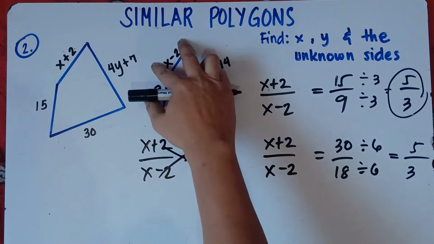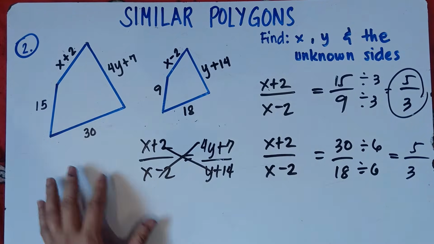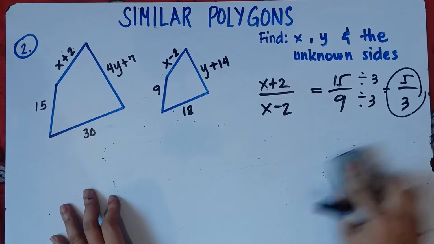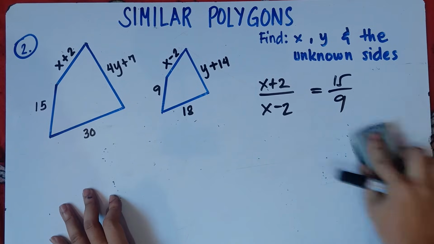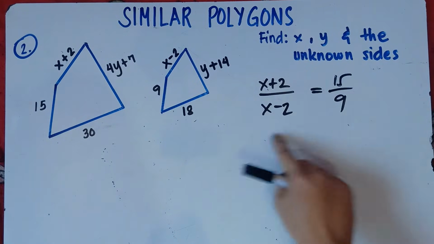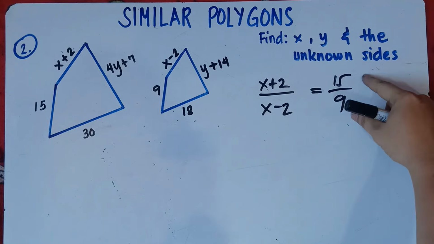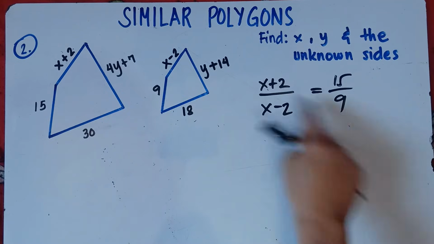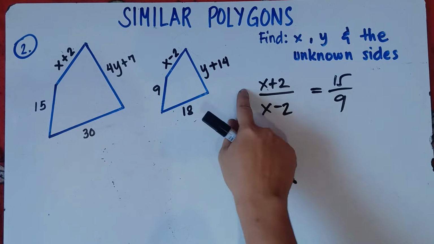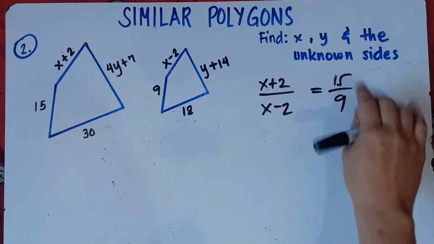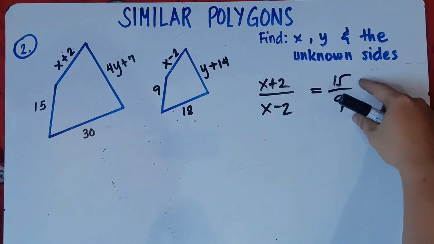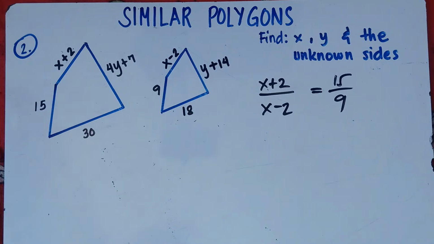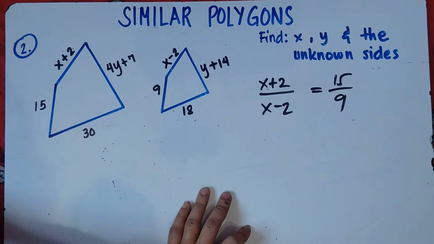So it's up to you, which do you choose? You can choose this side over this side, then 30 over 18. Or you can have this side over this side, then 15 over 9. Alright, let's have this one, 15 over 9. So once again, before doing the cross multiplication, you always check the fraction, class, if you can reduce. Because these are large numbers, class. So when you multiply this one, 9 times 2, these are large numbers. Let's have these two solutions, class. Let's reduce this one, and the other solution we will not reduce. Let's check if we will have the same answer. Right, let's try that. So cross multiply.